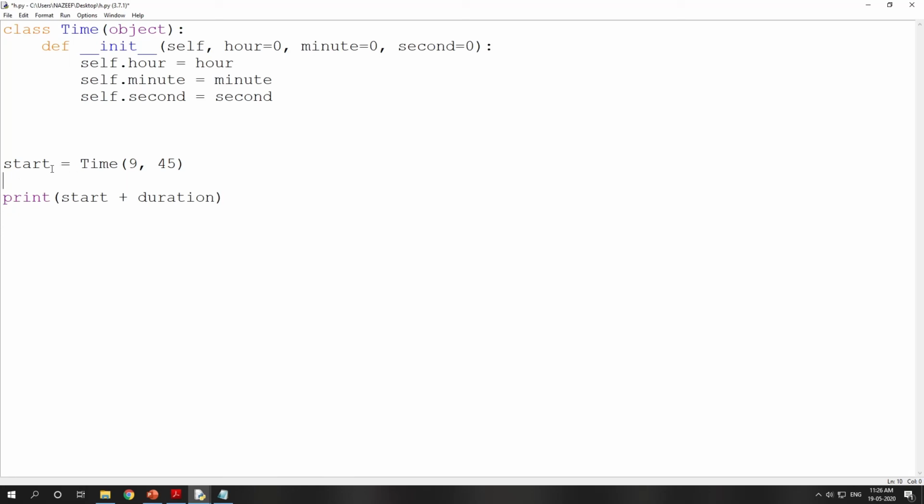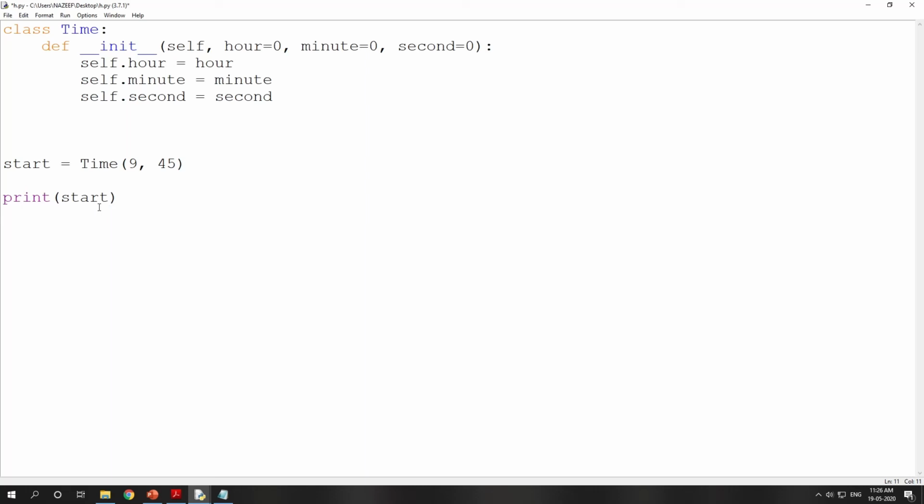See, I have created an object of a Time class. It is not necessary that you should write it like this; there are different ways. Now 9 and 45. So start is a Time object where hour is initialized to 9, minute is initialized to 45, and second is initialized to 0.